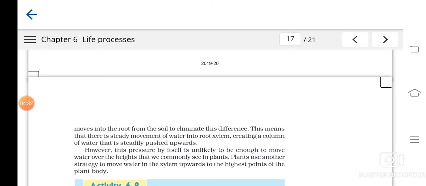So by simple absorption, it is not possible to pump water from the lower part of the plant to the upper part. Just imagine if you want to get water in a house which is in the upper story of a many storied building, you need to use a pump, isn't it? So by simple diffusion or osmosis, it's not possible to raise water up to this height of the plant. Understood? So I told the transpiration pull theory explained.